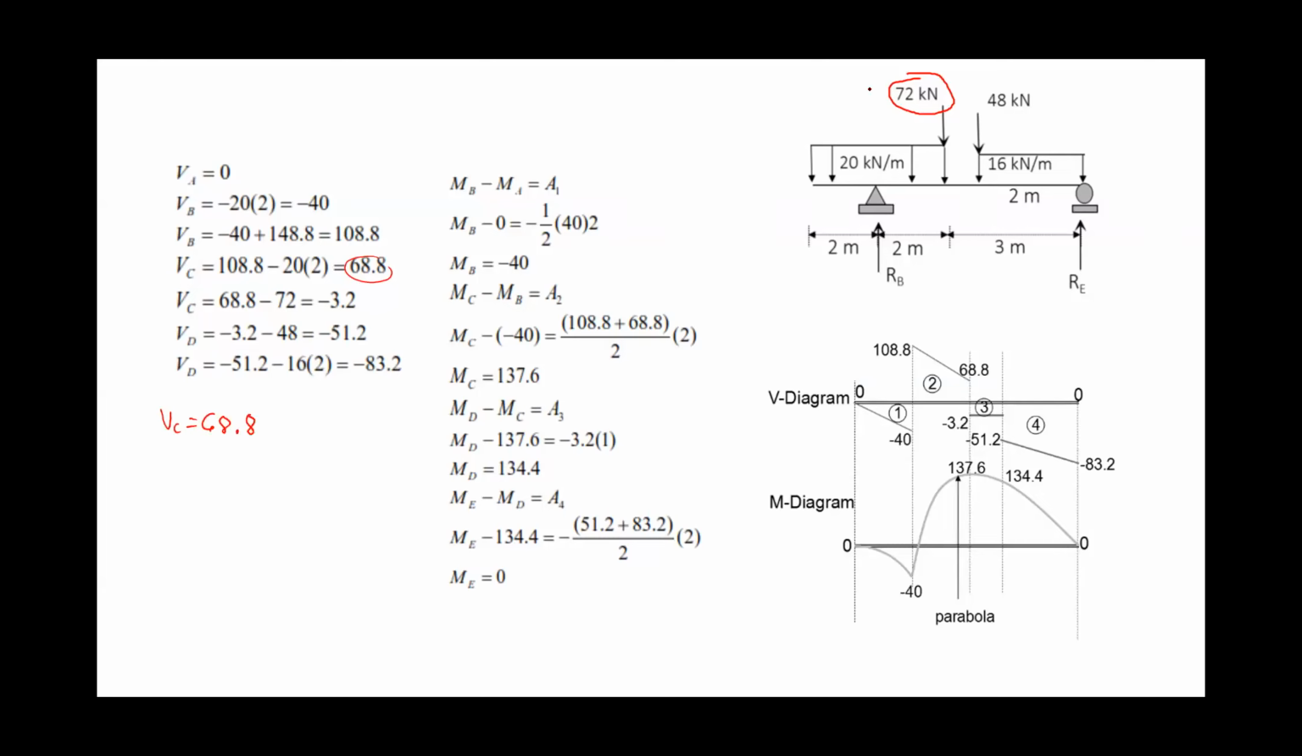May pababang 72, so minus 72. So, ayun na ulit siya. Ito pala, sorry. Negative 3.2. E, B, C, D, E. So, pagdating sa VD naman,